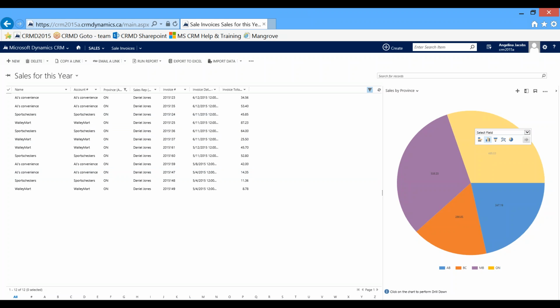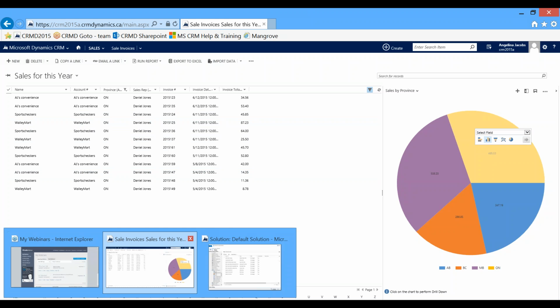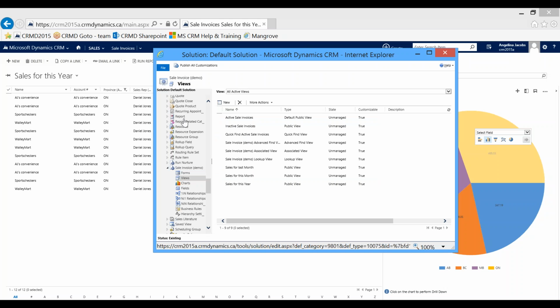Now that we've created the views and the charts, we can create a dashboard where we can pull these together so that you have one overall view of all the stuff that you want to see. So again, there's two ways of doing it. You can be in the back end here. I'll pull this up for you. If you scroll all the way to the bottom past the entities, you'll see the dashboard section here. So I can either click it this way,